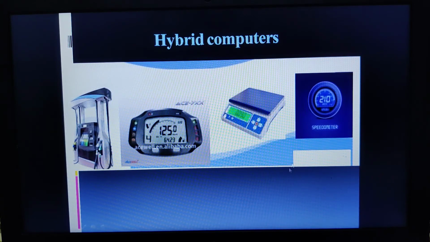A specialized task may be measuring your weight. A weighing machine will measure your weight, and apart from that it doesn't do any other work, right? Its purpose is to measure the weight of a person or of any particular thing that you keep on it. It performs only one particular task. That is why we say they are mainly used for specialized tasks.